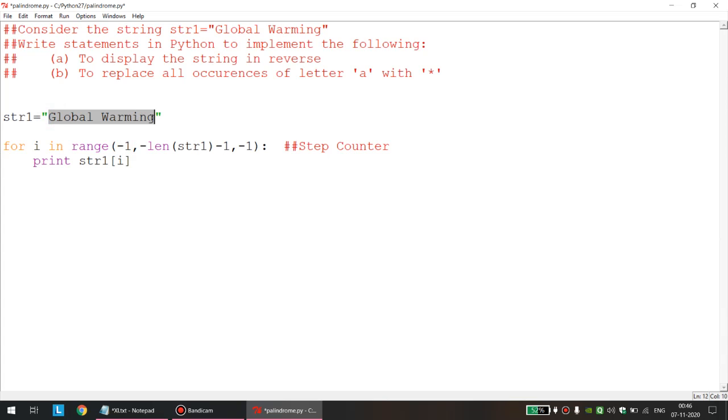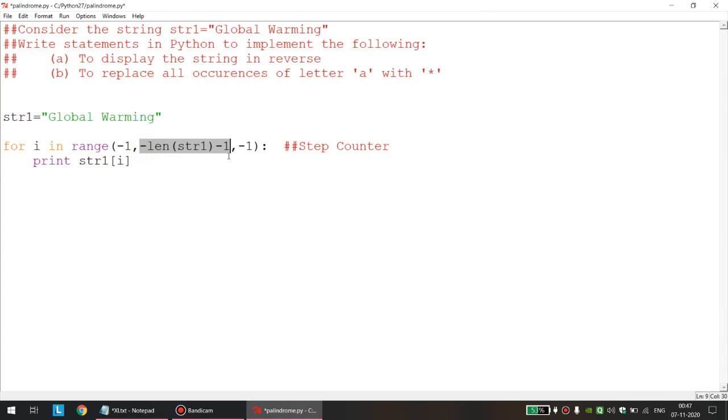But here, because I am going in the reverse direction, my length has to be reverse. So that is why I am doing this. Suppose the length of this string is, I am not calculating correctly, but let it be 10. So what will this do, minus of length is minus 10